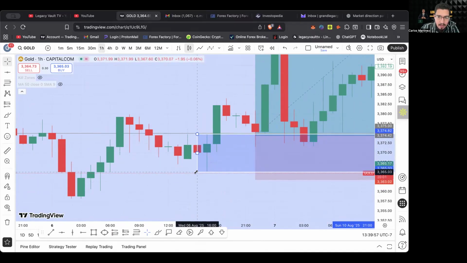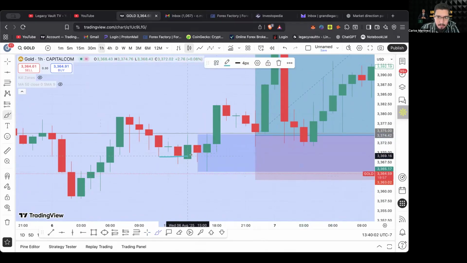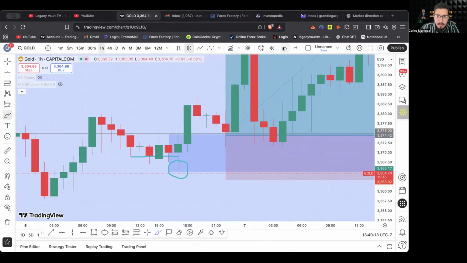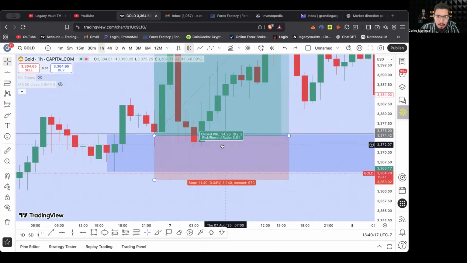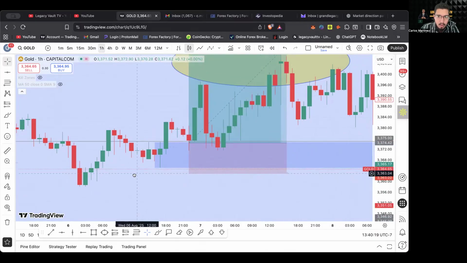this is a valid order block because it also liquidated here, right? These buyers were liquidated, and you see the wick here, it liquidated here, broke structure above, retest, boom. So that's a valid order block. I drew out my zone, and when